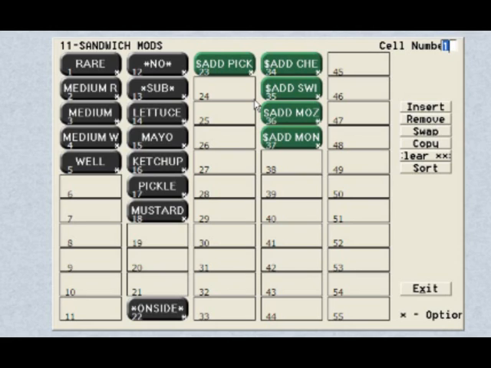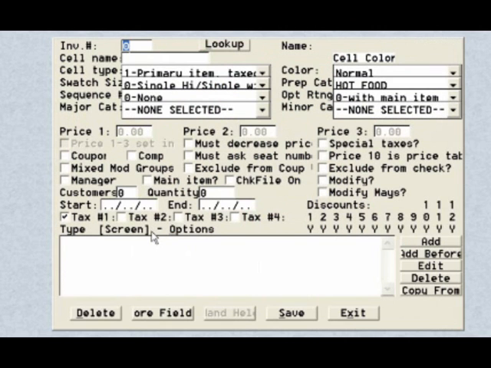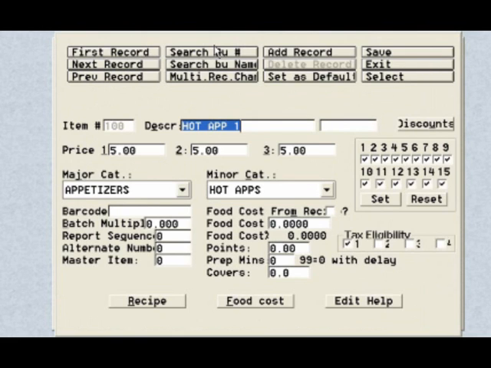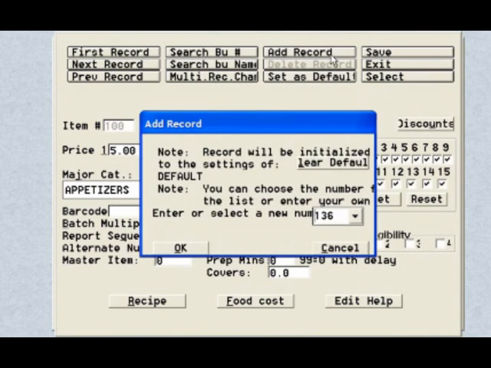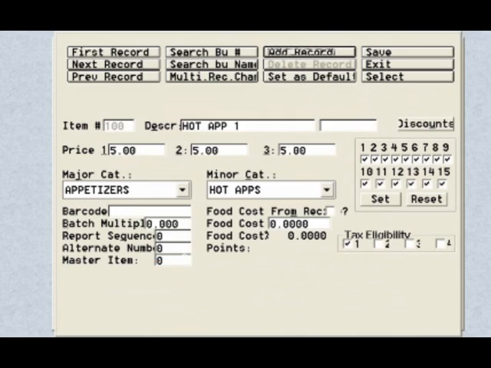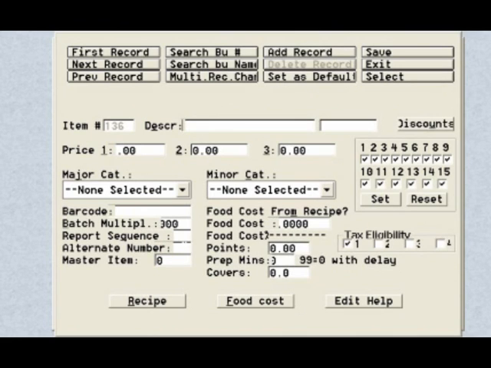To create a new option, we'll begin just like creating a new item. We'll click on an empty box, cell 19 will do fine, and click Lookup at the top of the screen cell window. Just like with creating an item, we'll select Add Record and accept the number provided by the software by clicking OK. Knowing that a Reuben comes with dressing, and knowing some people will want to remove that, let's add that option. We'll fill in dressing for the description and leave the price blank since we're not